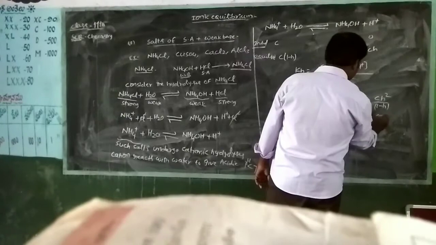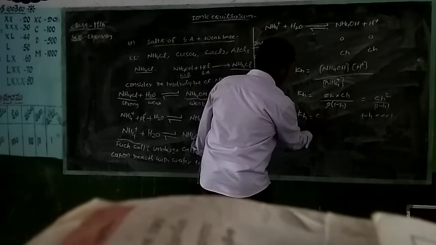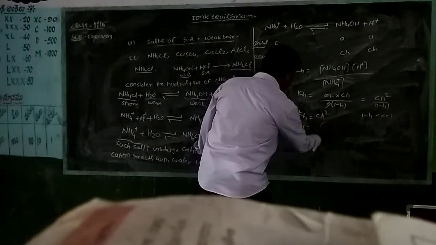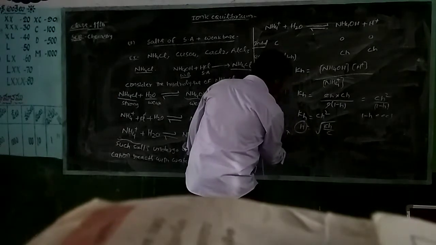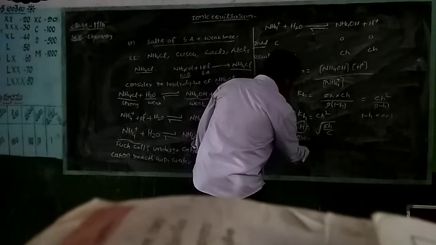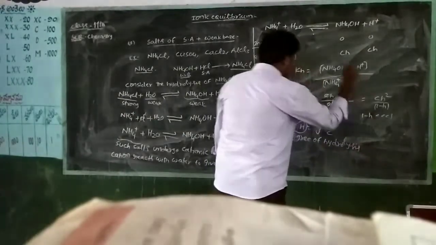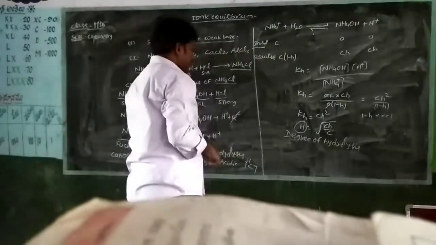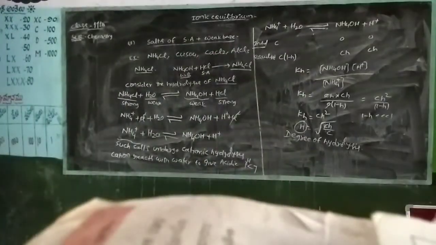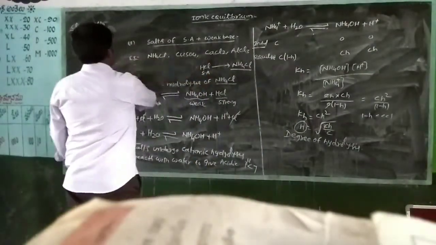Already you know that 1 minus h is approximately equal to 1. That means Kh is equal to Ch square. h is equal to root Kh by C. h means degree of hydrolysis. Degree of hydrolysis. Okay, degree of hydrolysis. The hydrolysis constant and degree of hydrolysis also find. You can find the Kh into Kb,